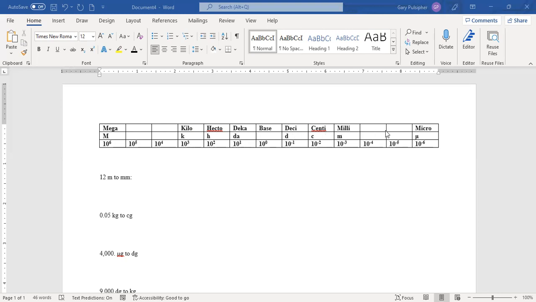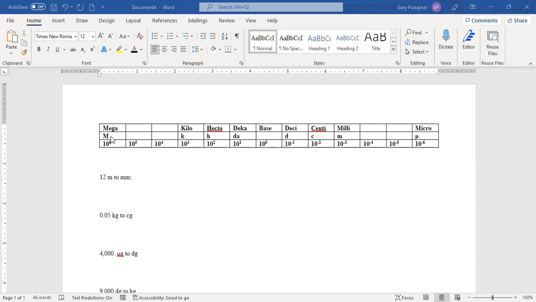And then starting this way, they become decimals, right? Deci is 10 to the negative 1, which is 1/10 of the base unit. Centi is 1/100th of the base unit. Milli is 1/1000th of the base unit. And micro is 1/1,000,000th of the base unit. Right? And then I've also included their abbreviations underneath them to help you when you're looking at these, decide which